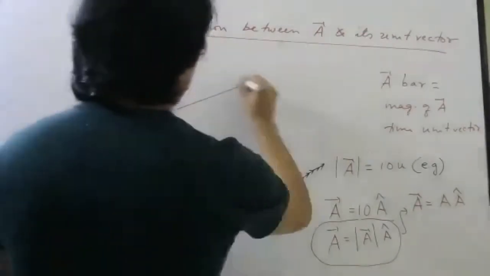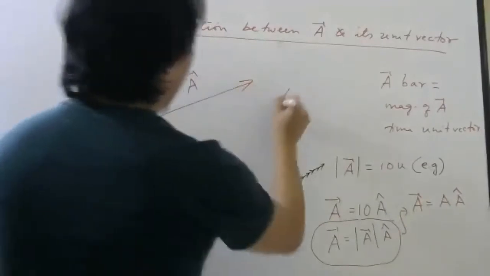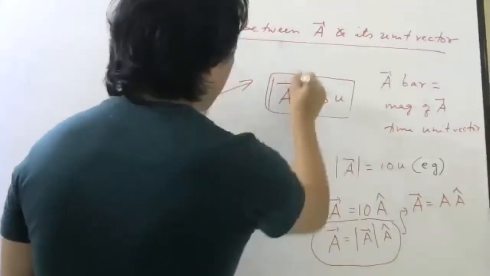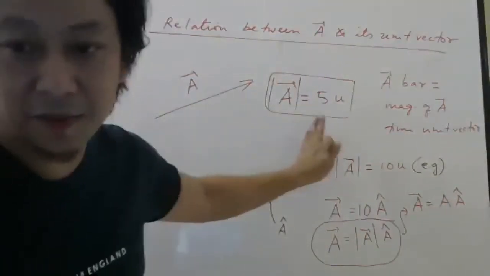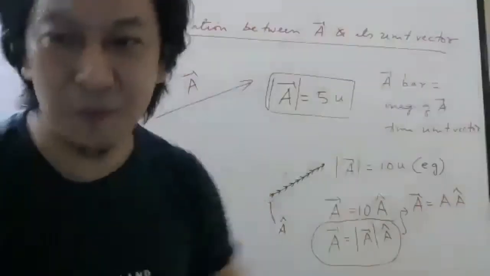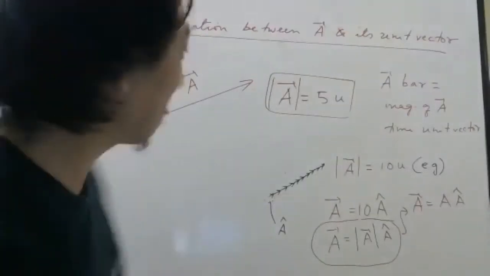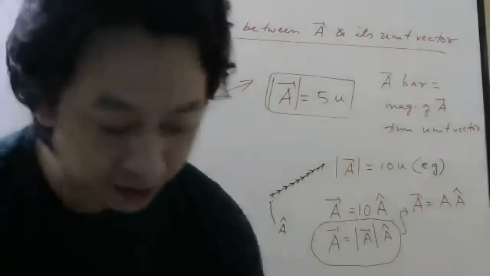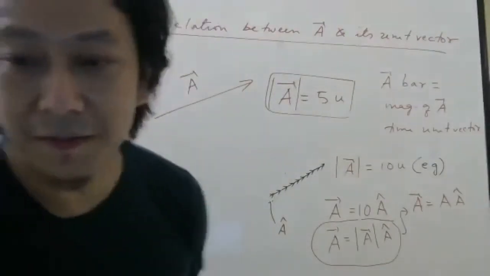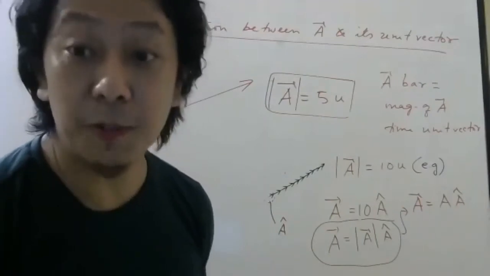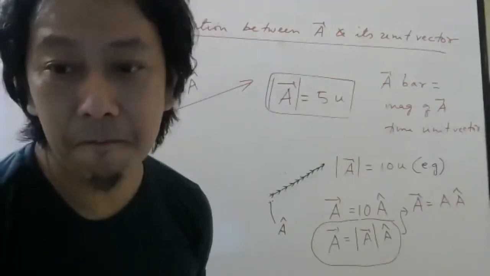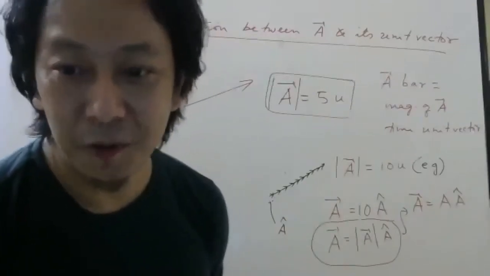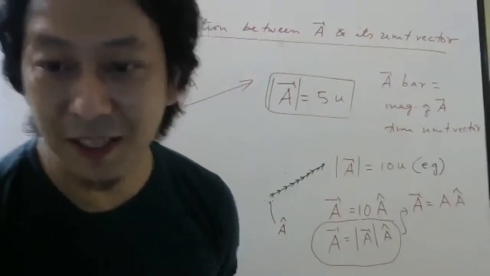So here is a vector which is A bar. A bar is equal to 5 units in magnitude. This is an example, Channa. Let me take 5 units, some different number. Now, this vector is 5 units. What is the meaning of unit vector? A unit vector is a vector whose magnitude should be how much? Unit, the name itself you can see. Unit vector means a vector whose magnitude is 1.